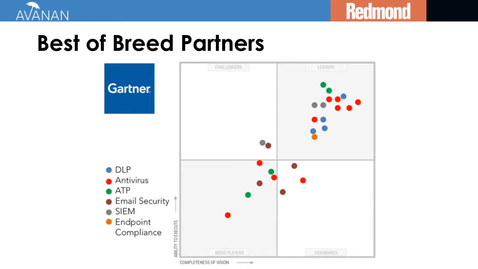And one of the reasons we can say best of breed is because we partner with the best. In fact, my role within Avanan is to seek out the best in each one of those categories. In fact, before we add a vendor to our platform, we actually compare it with what we already have. Now, this becomes important when, for example, for signature-based antivirus, many of them are using the same back-end signature databases. So there may be no net value to adding that. In fact, because we deploy within Office 365, deploy within Google, for example, that have their own layers of protection, our goal is to ensure that anything we add to our platform adds a net value over the default security within the cloud environment.